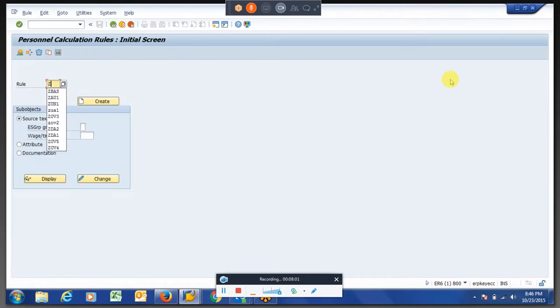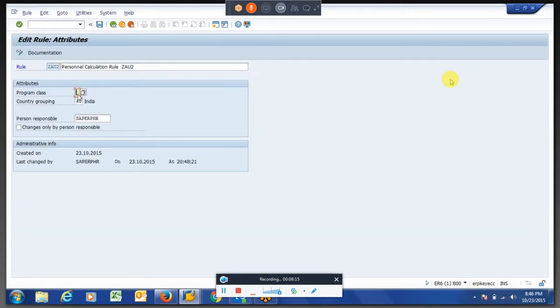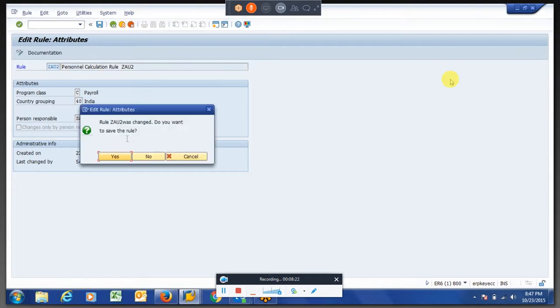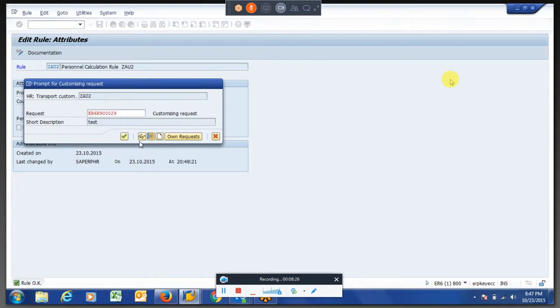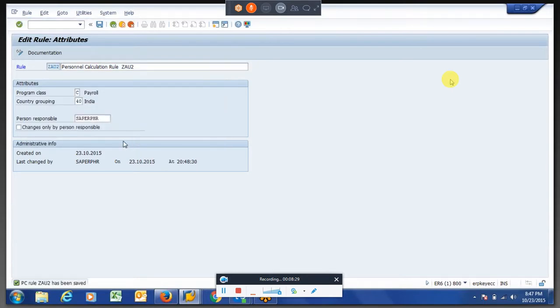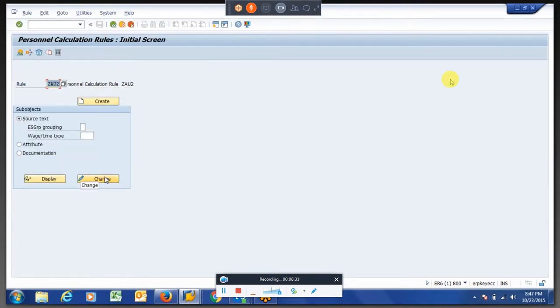So here what I am doing is writing a PCR to just convert the number to rate, because we will reduce the salary based on the rate, not on the number.